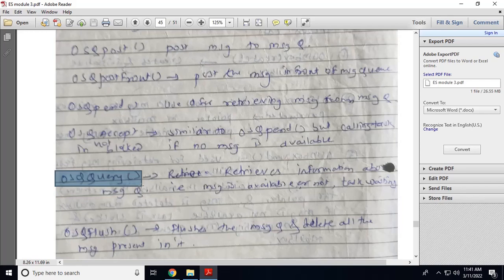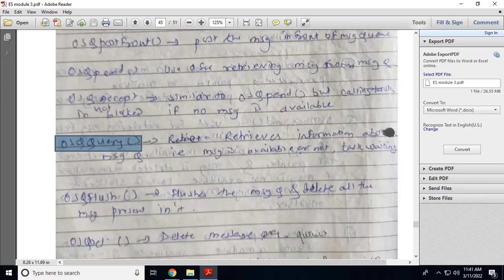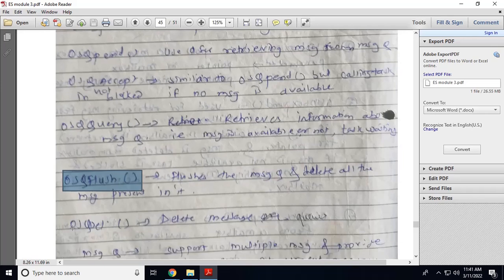OS queue query retrieves information about the message queue, that means whether a message is available or not, and how many tasks are waiting for the message. OS queue flush will flush all the messages in the queue, so it will delete all the messages present in the queue. OS queue delete deletes the message queue.